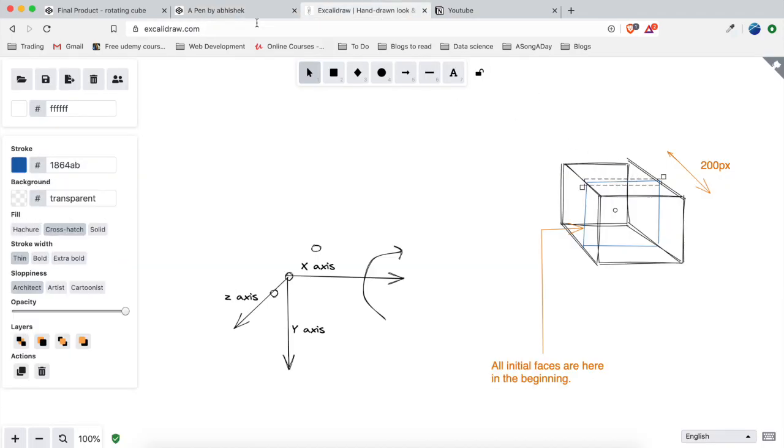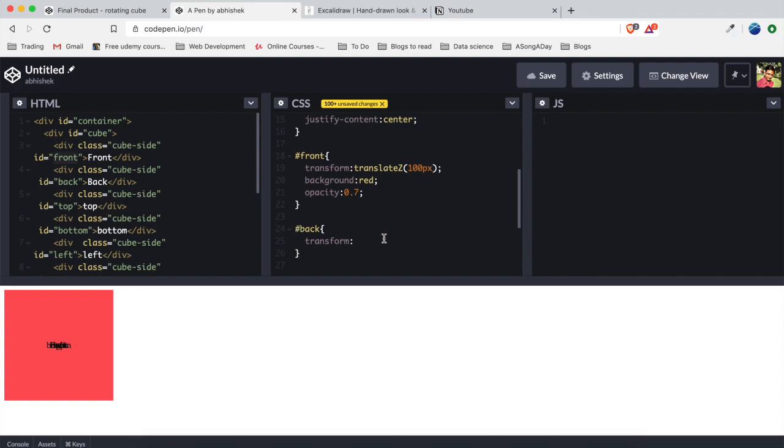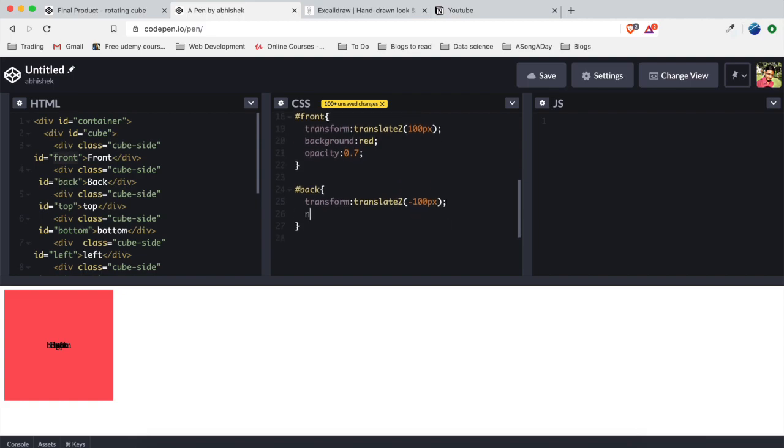So we will put translateZ of -100 pixel, and we will put the background as, let's call it blue. Yeah, so for now you can see that it is lying on top of each other. This is not a basic 3D behavior. This is just stacking over one another.